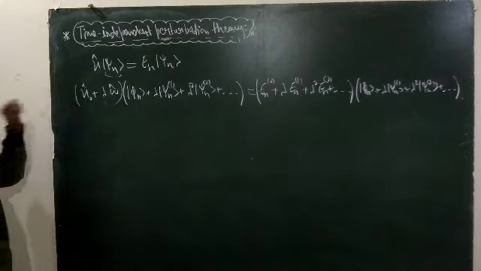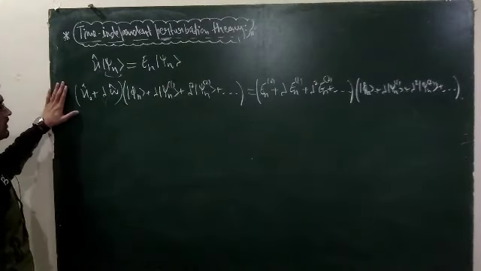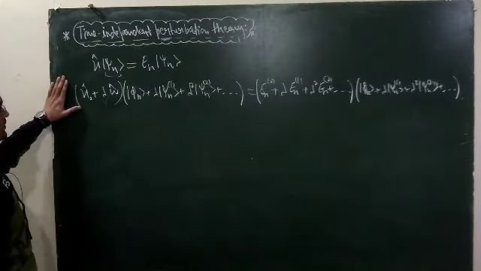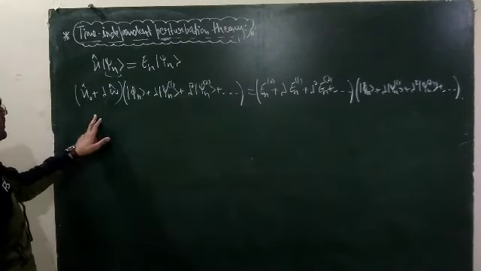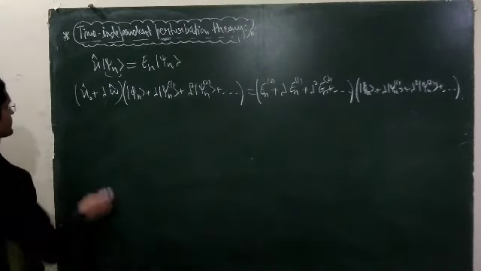So this is the equation that we have to solve. It is just a very simple calculation. You don't have to do anything. You just have to multiply these terms inside. So it will be like